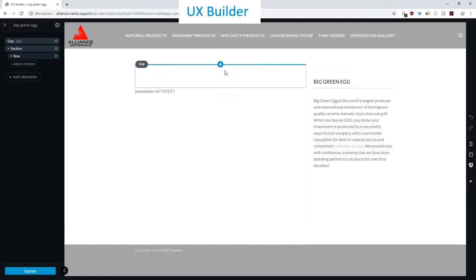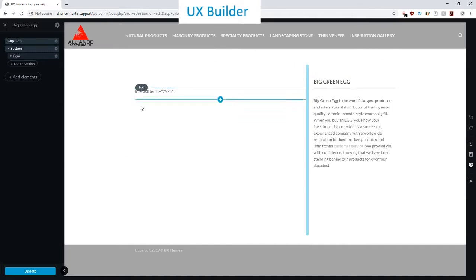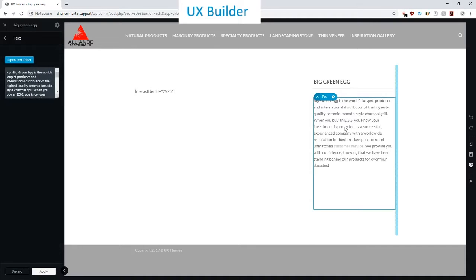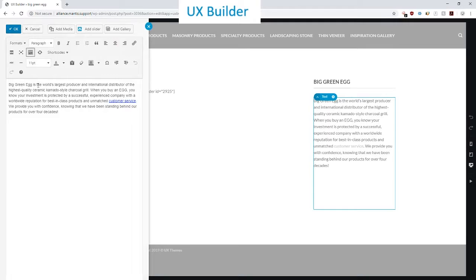So as you see, as we move our mouse around, we can see all kinds of the design elements and just edit them. So we want to change something in text. So we will click here in text. You can edit it here, or you can open the text editor for a much easier one. We can highlight customer service